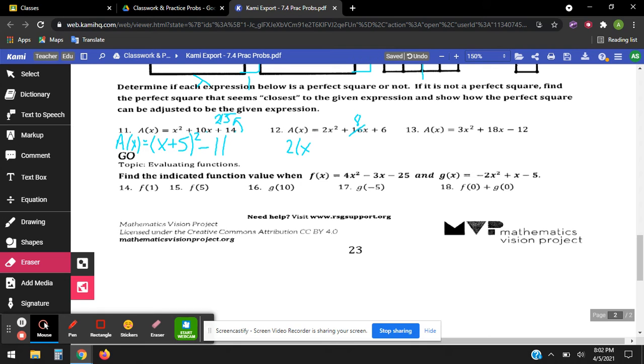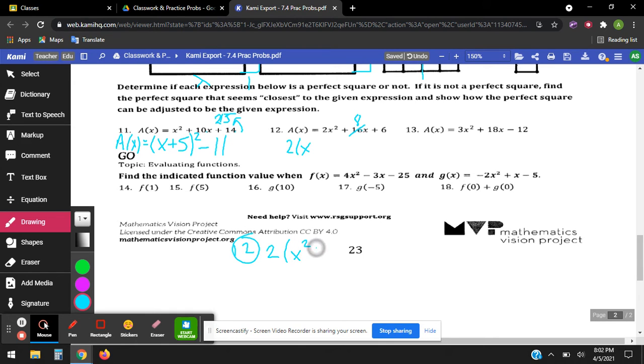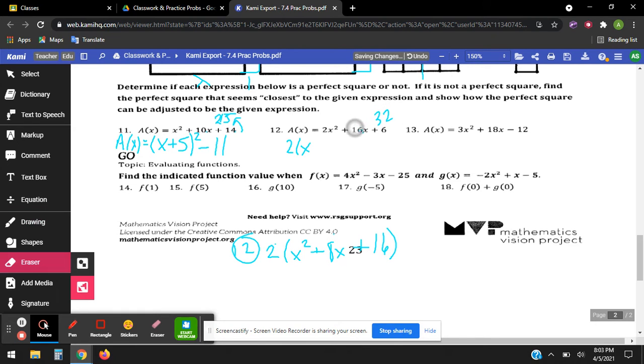I don't have room, let me do this down below here. I'm going to do 12 down here. Okay, so 2, and we're going to take out the x squared plus half of 16 is 8x. So to complete my square, half of 8 is 4. 4 squared is 16, which means when I have my 2 distributed,